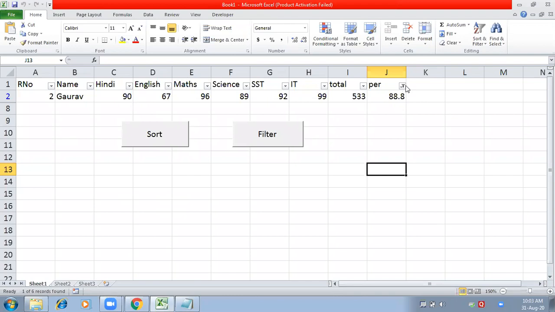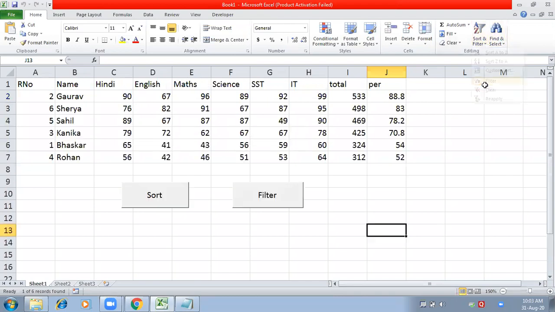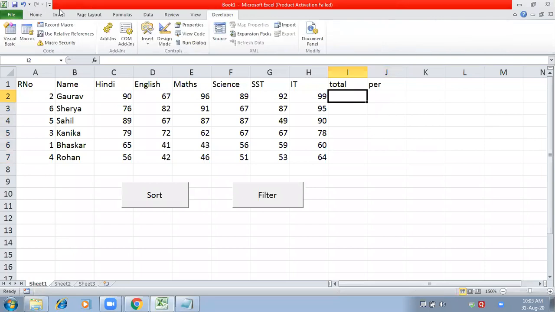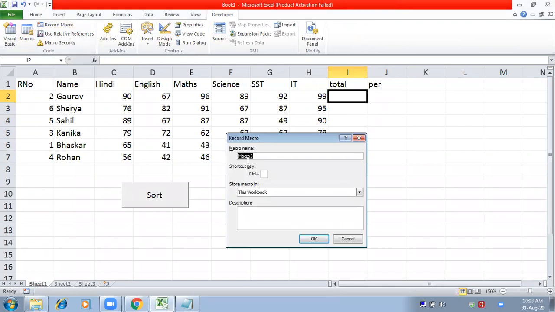So I'm going to remove the filter first, and I'm going to delete my data, and I am going to start the macro again, record macro. This time the name will be calculations or calculate percentage, and I want to give a shortcut key.